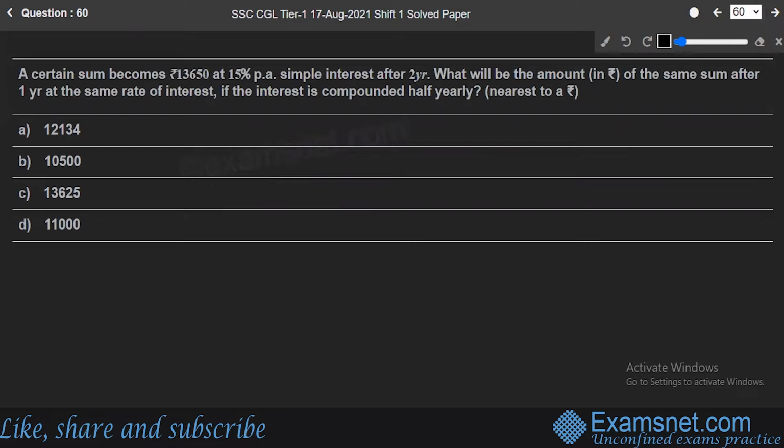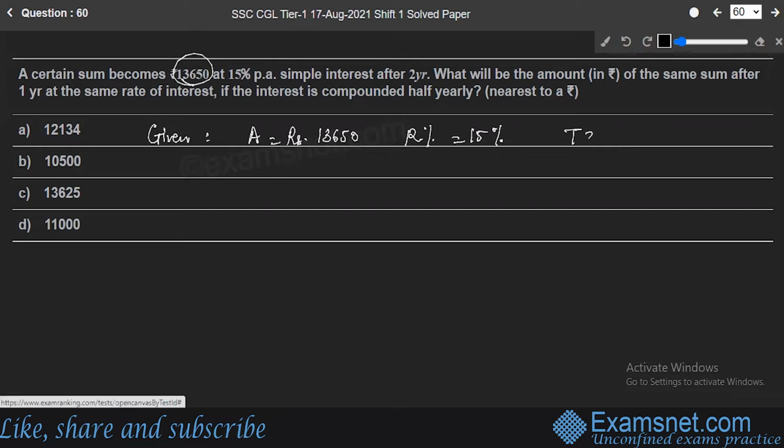A certain sum becomes rupees 13,650 at 15% per annum simple interest after 2 years. What will be the amount in rupees of the same sum after 1 year at the same rate of interest if the interest is compounded half yearly nearest to a rupee? Okay, so let's write down. You are given what the amount is, rupees 13,650. Rate percent is 15 and time is